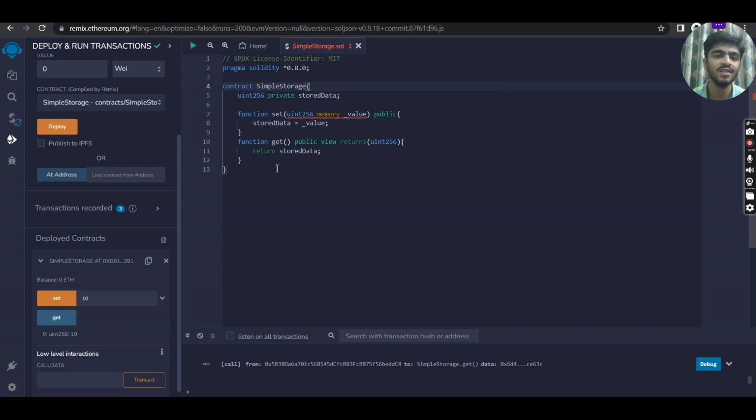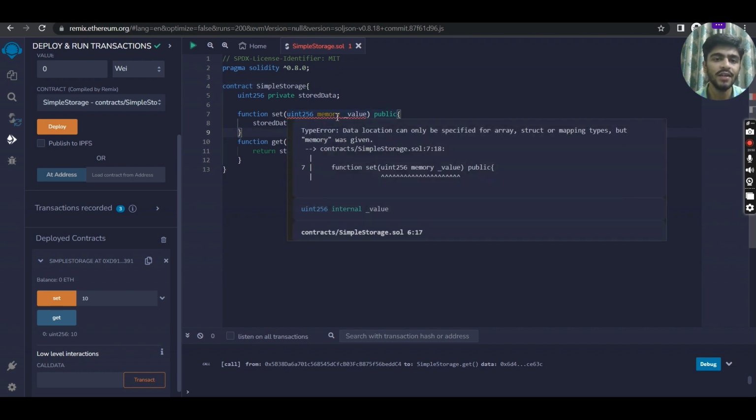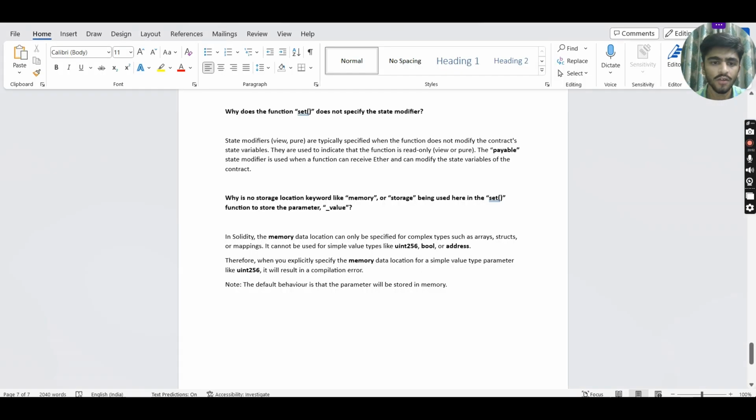Until and unless the function gets executed, it does not get cleared. Once the function gets executed, it gets cleared. For more details, you can watch the previous video. And here it is asking about simple types: